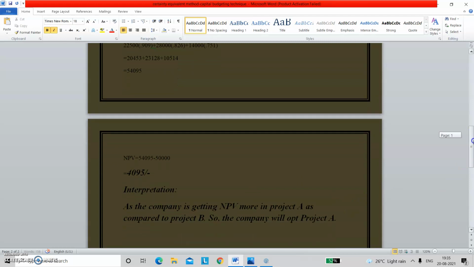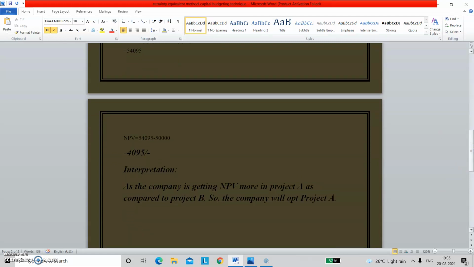This is a very good part that you write the interpretation, because when the examiner observes that the student knows what actually the question demands,